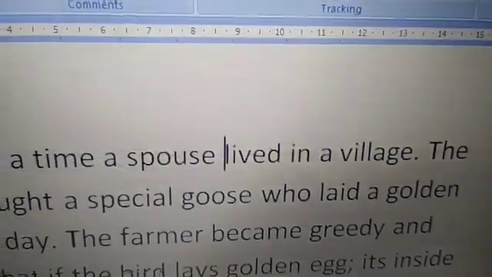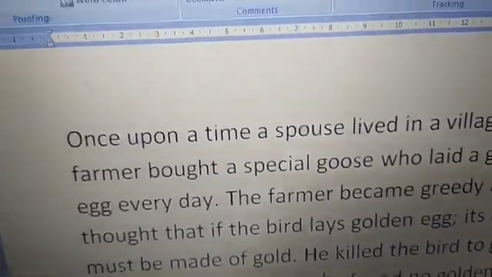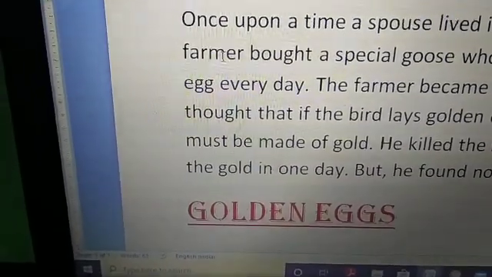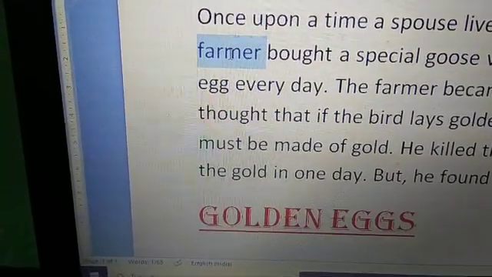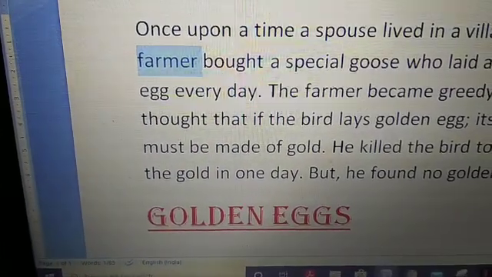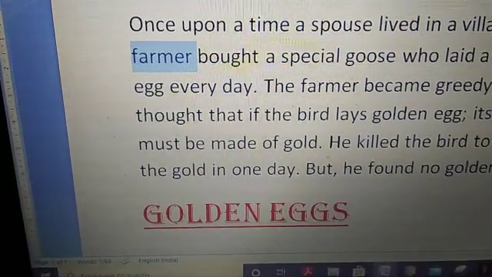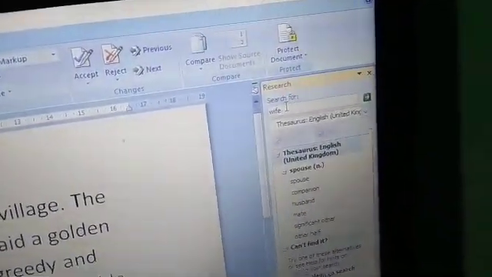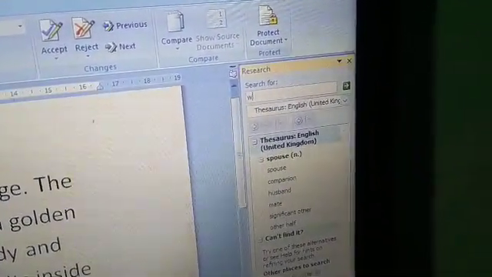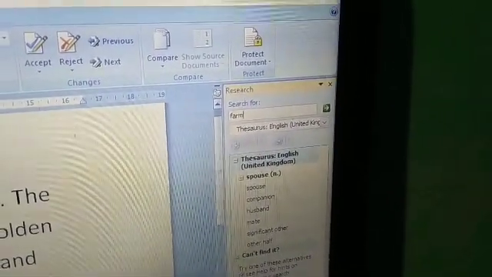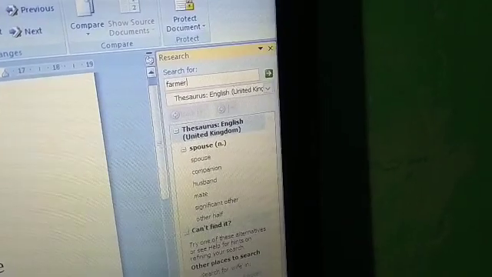Okay, did you understand? Now see this word farmer. The word farmer is selected. Write farmer in this search box.